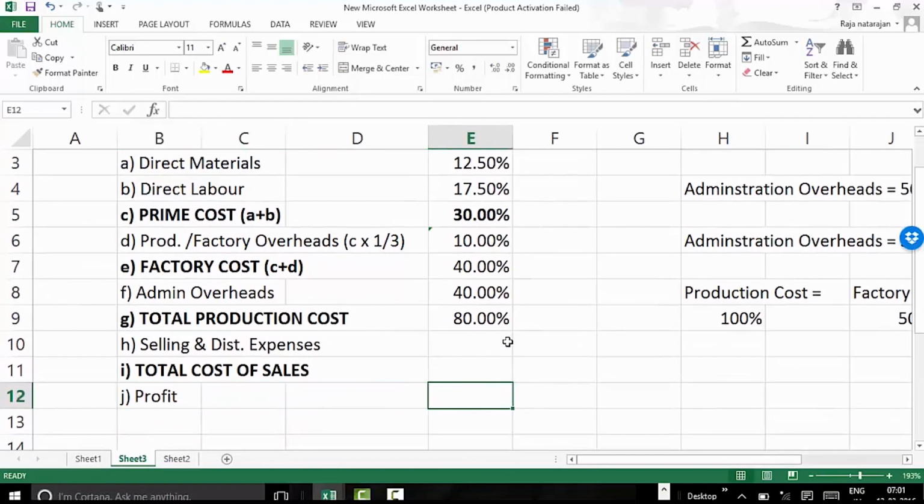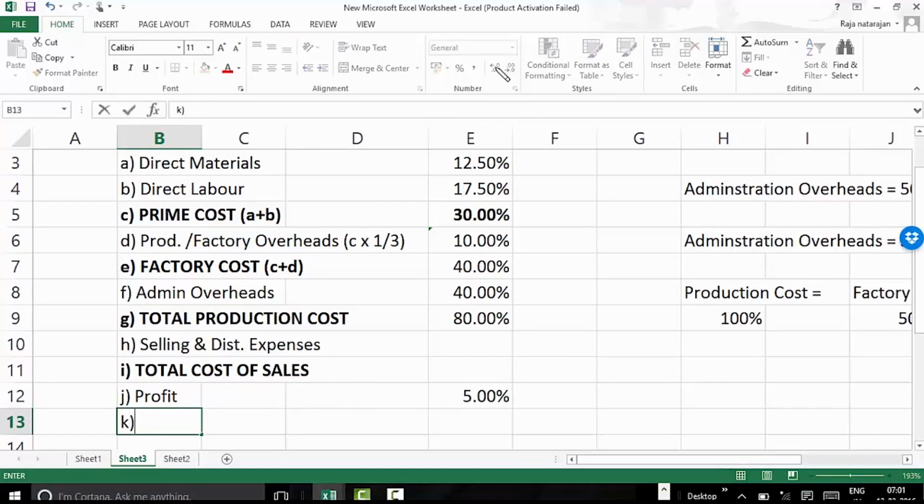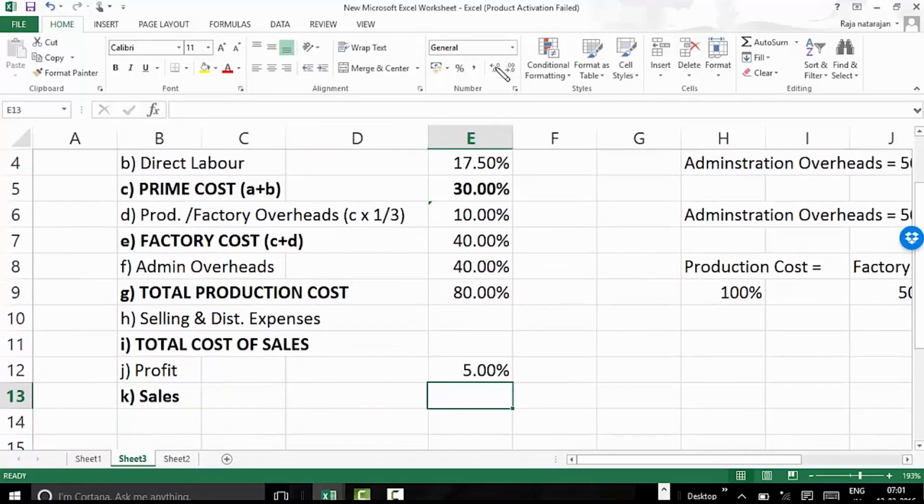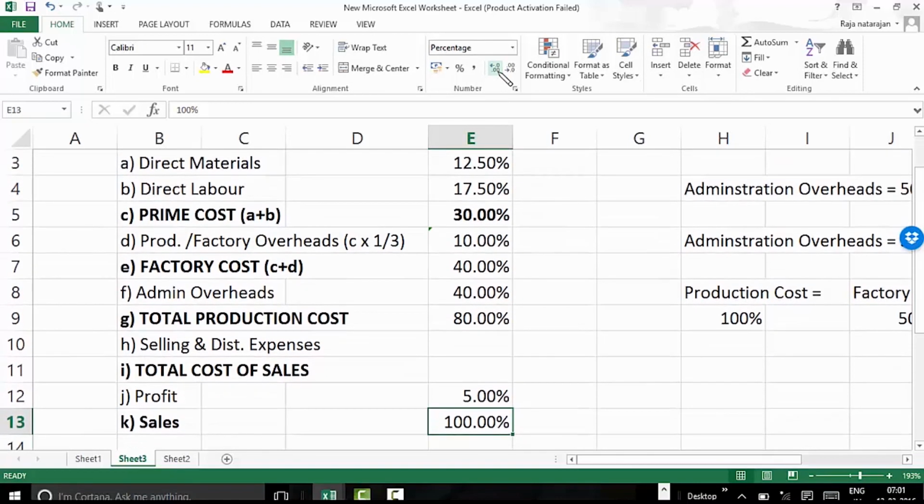And I know that information because it was mentioned that profit is 5% of sales. So if we are saying that profit is 5% of sales, then sales should be 100, right? Only then it makes sense. Sales should be 100. So now I think through a reverse calculation we'll be able to find it. We know that sales is 100%, profit is, I'm sorry, not 5%, let me correct that, it is 15%. Profit is 15% of sales. Then the difference between these two, 100 minus 15, is going to be the total cost of sales. 100 minus 15% is total cost of sales, which is 85%.